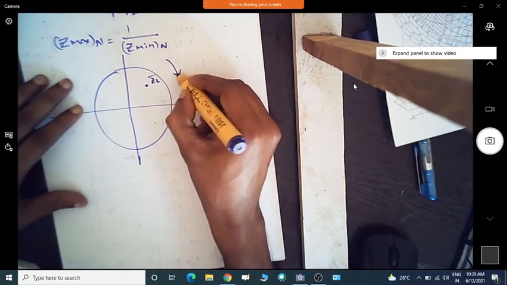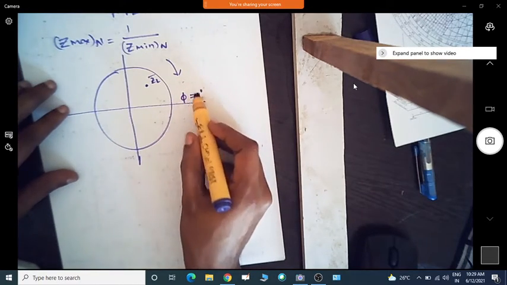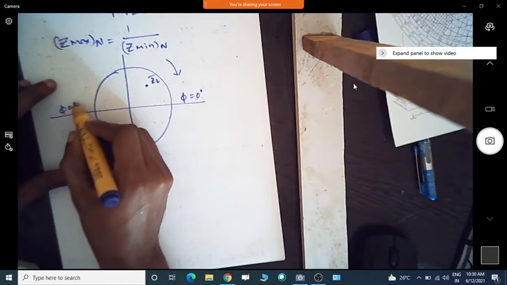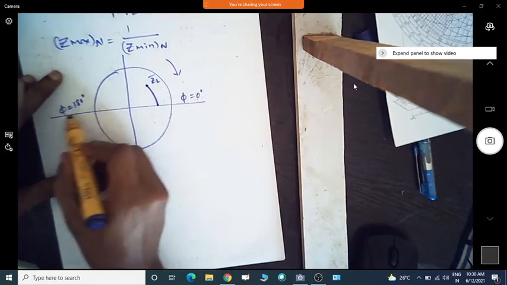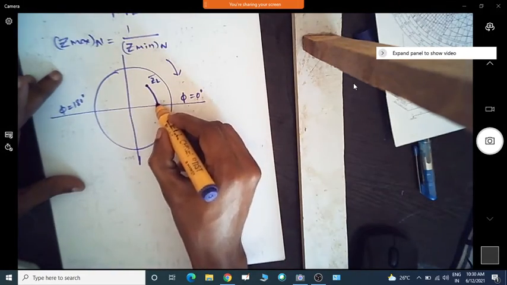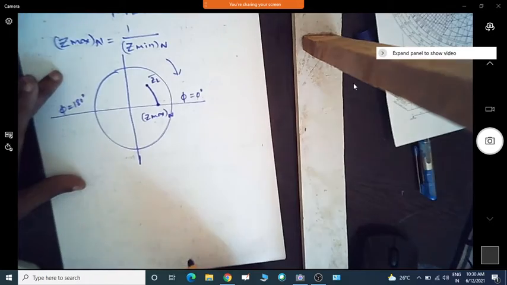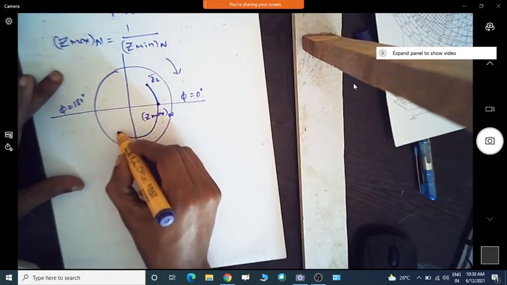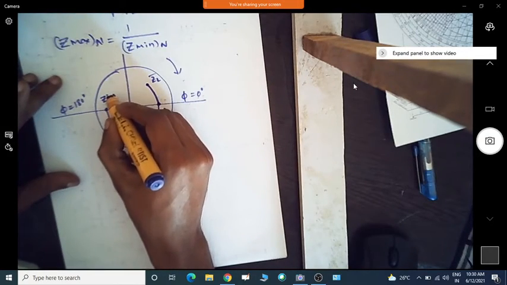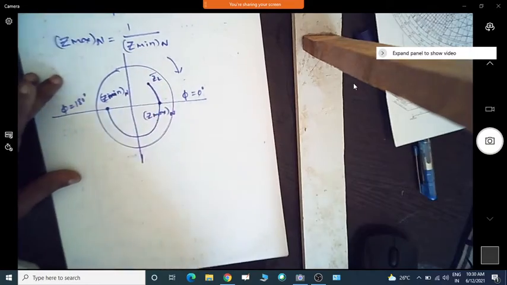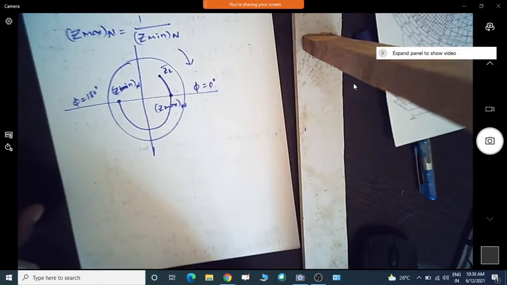So now we have to move towards the generator in order to find out where phi equals 0. In the chart we have seen phi equal to 0 on this side and phi equal to 180 degrees on this side. From this point, if I move to the real axis, the center of the axis, where phi equals 0 you will get the normalized z max. And if you keep moving towards phi equal to 180 degrees, where it meets the center of the axis, you will get the normalized z minimum. So that is how you find the z max and z minimum positions.